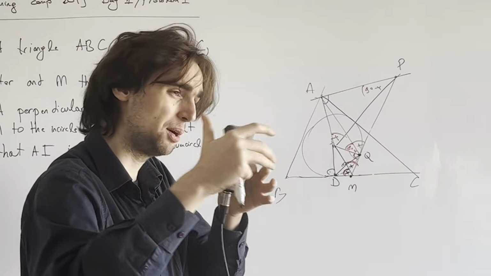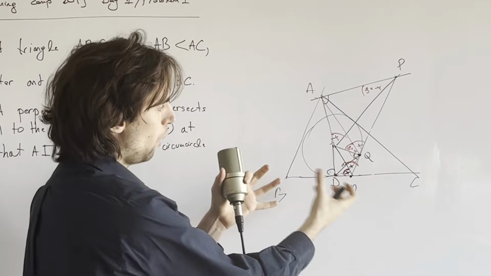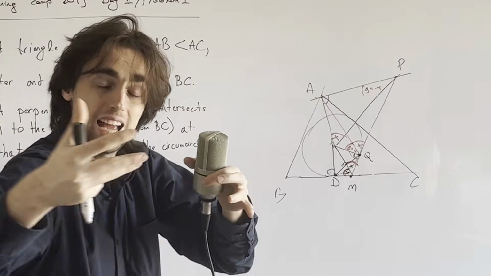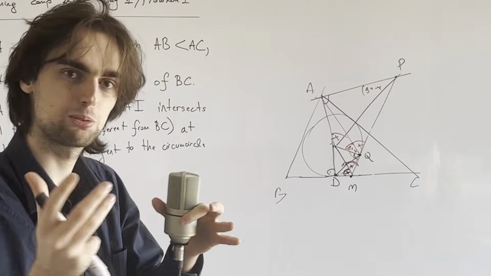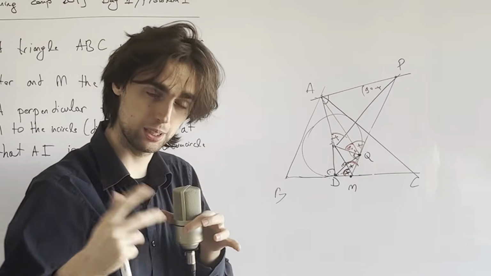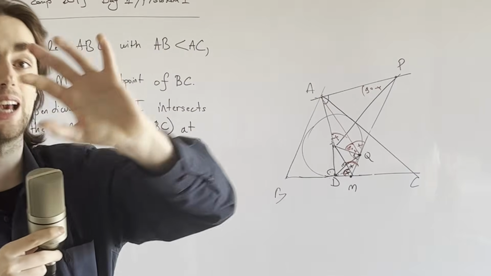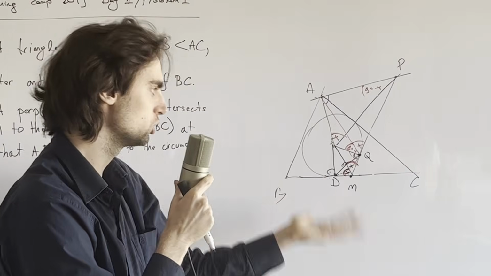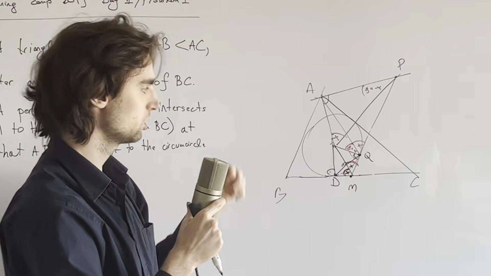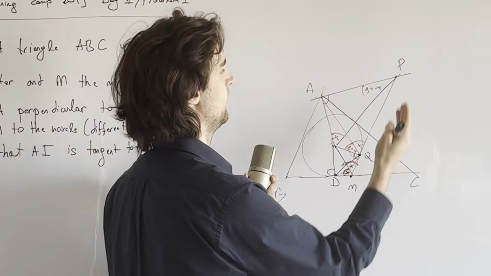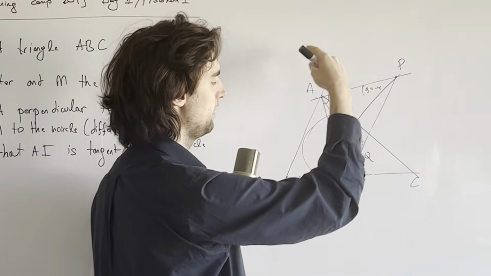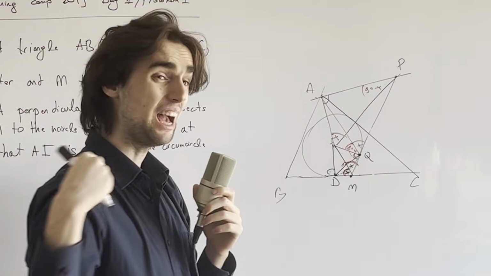And it makes sense to look at what happens with the other one. Sometimes problems like that can give you some more structure as to what is happening in a problem. Might give you some angles, might have some other condition that holds for it, and might have some symmetry that's involved. And that's why the other tangent is also useful. So here, if the problem statement was true, we'd have AQ is parallel to IM, but that would mean that